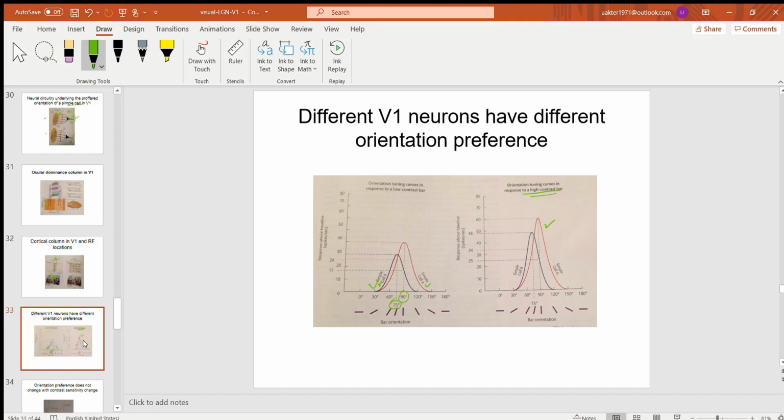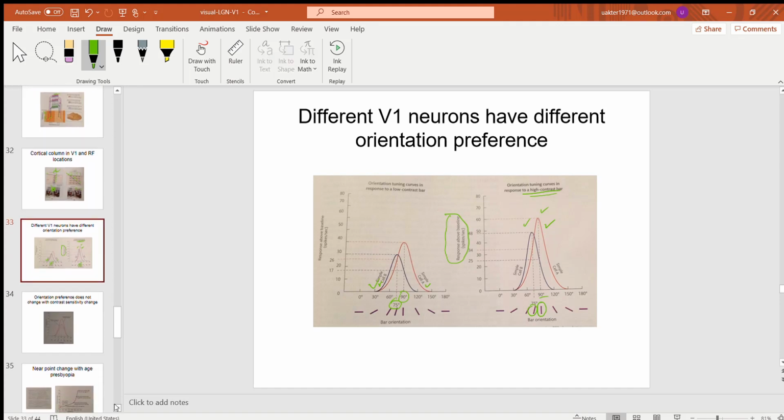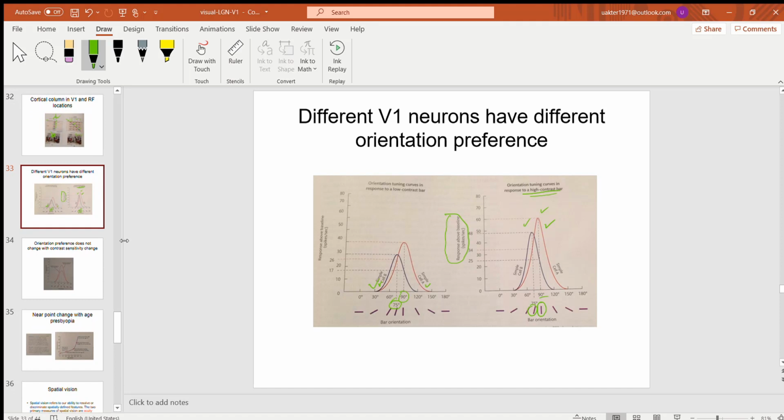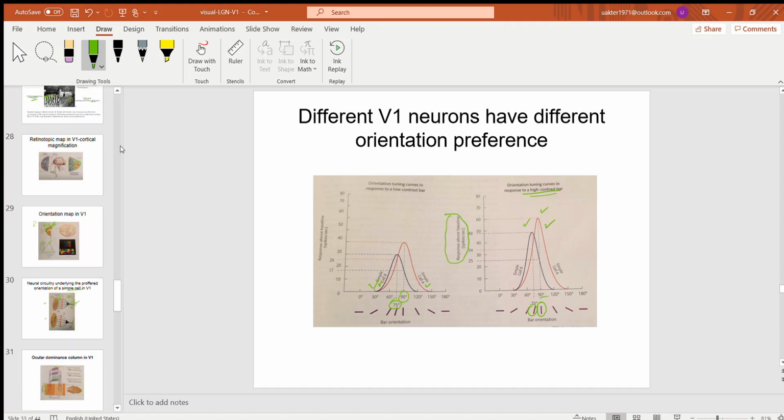However, you will see the response of the neuron will be stronger. That means the orientation preference is fixed for each neuron and will not change. However, the strength of response, or amount of response, could be different, okay, by increasing the contrast. Okay, so let's stop here, and in the next lecture I'll talk about the higher visual processing,